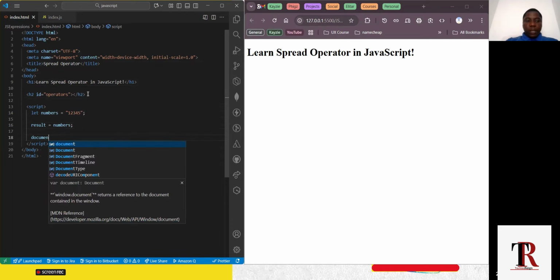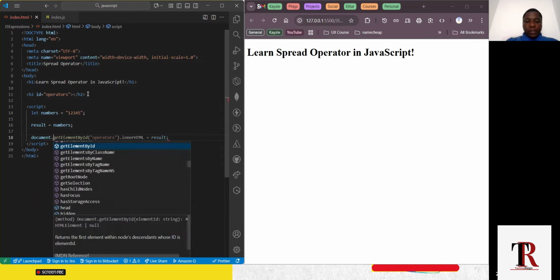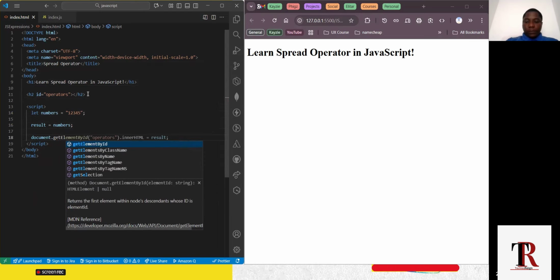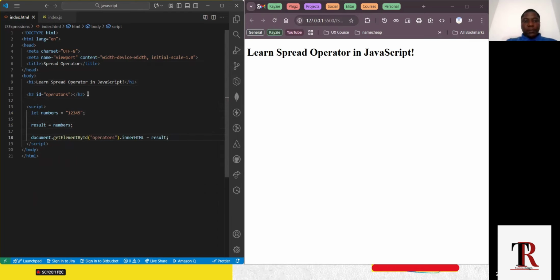So let me make a way to get this in the browser. Get element by ID. Now, if you take a look at the code I just wrote, I think if I refresh, you can see that I'm getting 1, 2, 3, 4, 5, which is the correct value that was assigned